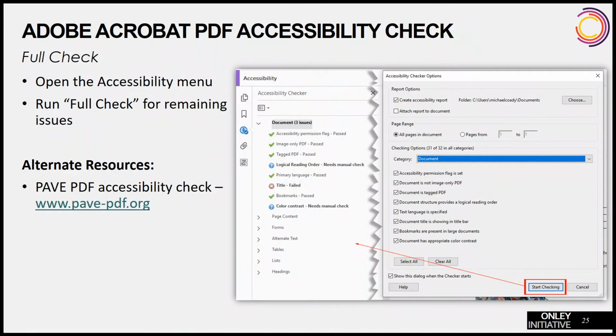As I mentioned earlier, conversion to PDF is not always smooth. So once you have converted your Word doc to PDF, it is advisable to run a PDF accessibility check. If you have access to Adobe Acrobat Pro, you can use their accessibility features to do this. There is a cost involved here to purchase a copy of the software or a monthly subscription. However, there are free tools out there that can run a PDF accessibility check and enable you to fix any issues as well. For instance, visit PAVE, P-A-V-E, which stands for PDF Accessibility Validation Engine. You can access this free open source tool at